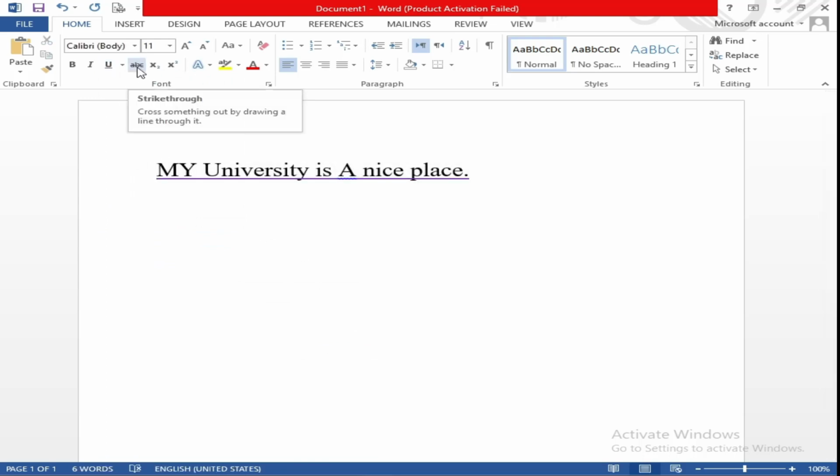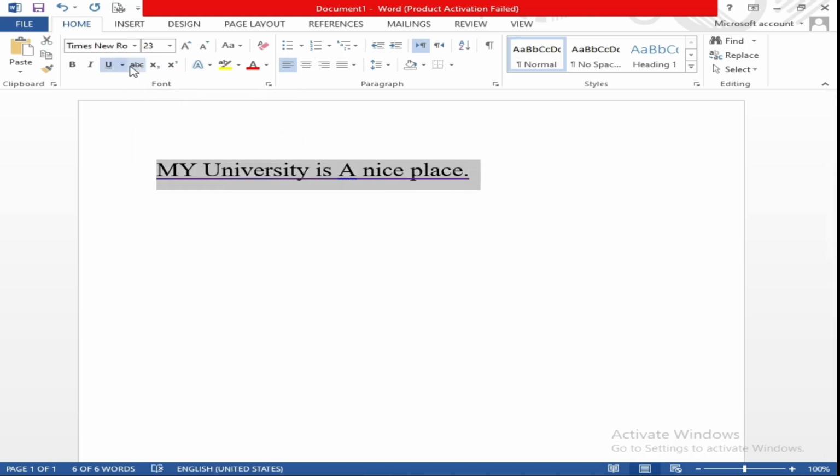After that, you can see there is a tool in which ABC is written and a dash is upon it. It means when you select this, it will make a dash or an underline onto the text. For example, as you can see, this has made a line upon the text. We will uncheck these both. After that,